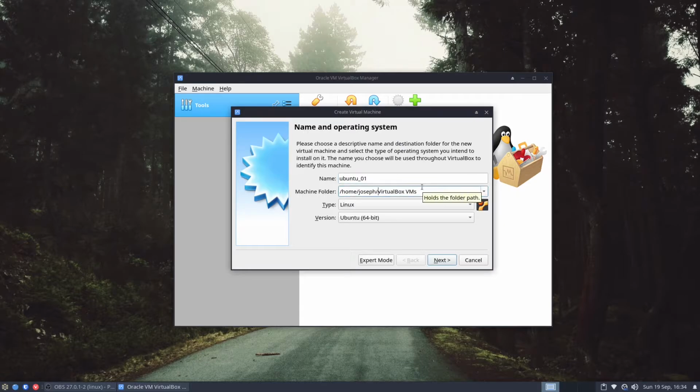And here you'll want to put it in a folder for all of your virtual machines. Now, my folder is called Virtual Machines, just like that. And it is smart enough to recognize the type here, the type Linux and Ubuntu 64-bit. If it doesn't detect this automatically, set it to type Linux and version Ubuntu 64-bit manually, because that's kind of